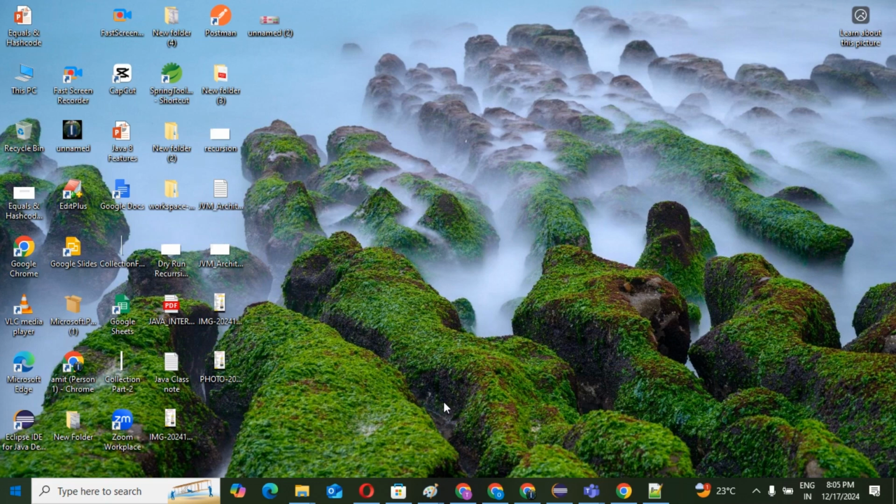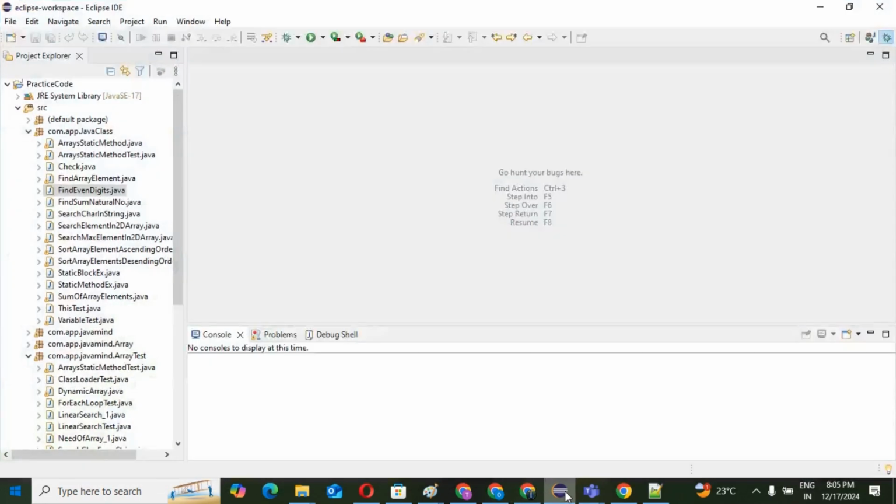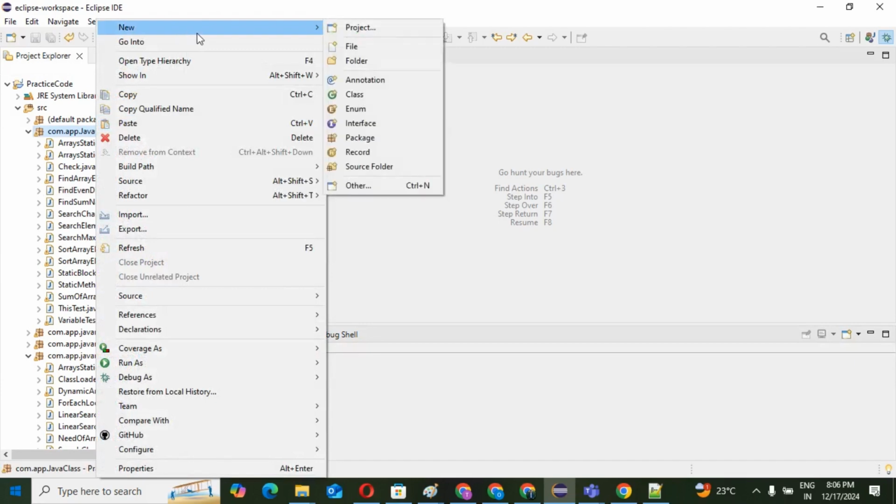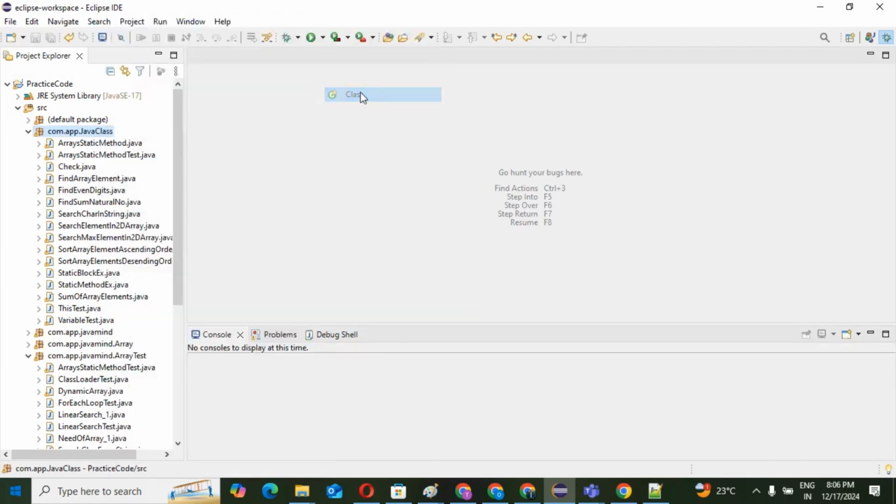I will show this difference with a very simple example in our IDE, then you should not have any confusion. If you know, don't worry, it's well and good. If you don't know the exact difference between the double equal operator and the equals method in terms of arrays, I'm writing one simple program by which you can understand the exact difference.